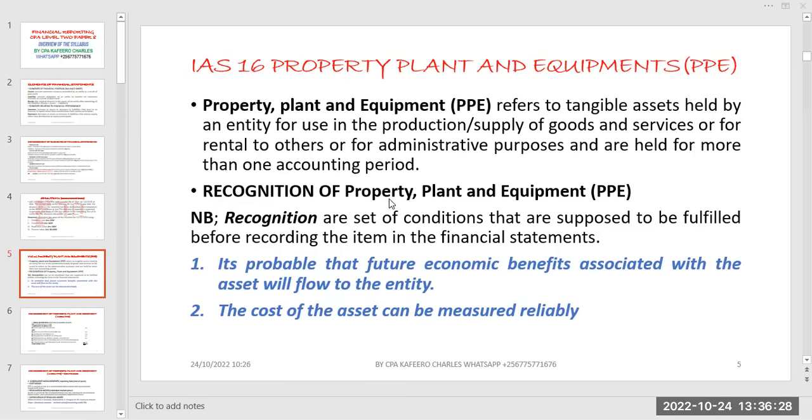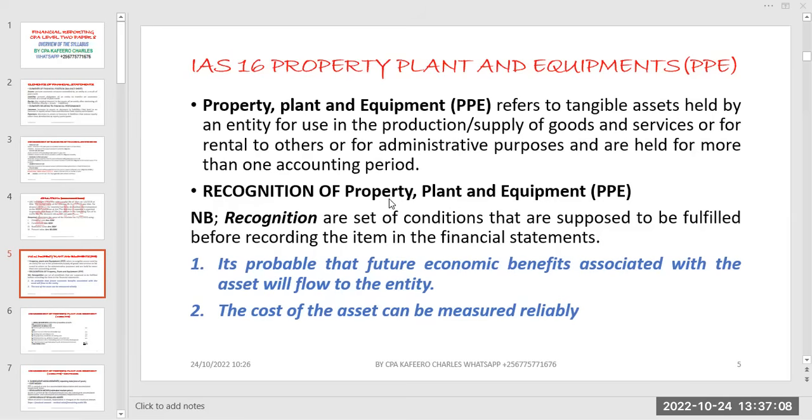The tangible assets are also grouped into two as far as their purposes are concerned. The tangible assets that are used within the organization for production purposes or supply of goods and services, and to a smaller extent rental to others. Those are the ones that we group into PPE, property, plant and equipment,